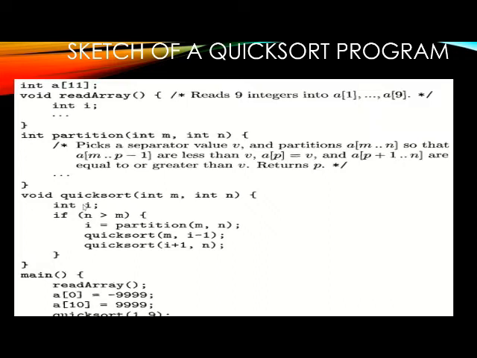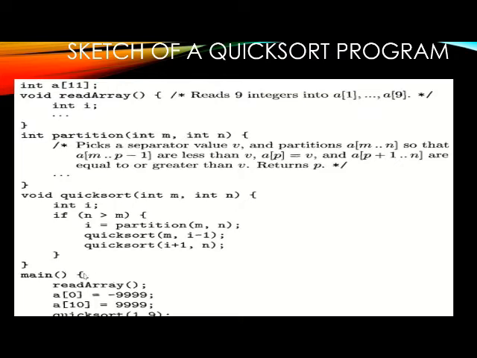Again we declare an integer I value, and next we check the condition n greater than m. Here n value is 4 and m value is 1, so it is true. So again we calculate the partition, that means the mid value. These two values, 1 comma 4, are passed into the partition function. It calculates the mid value, 1 plus 4 by 2 is 3, and it returns 3. Now the quicksort function is performed with 1 comma 3. In this manner it performs partitioning of the total 9 entries.